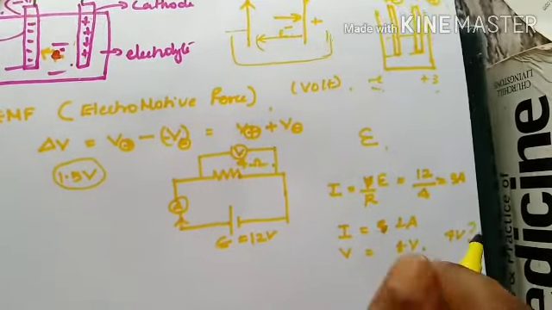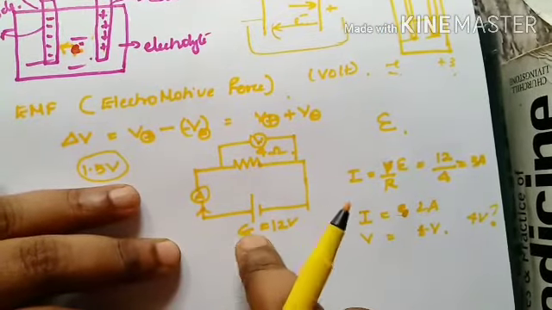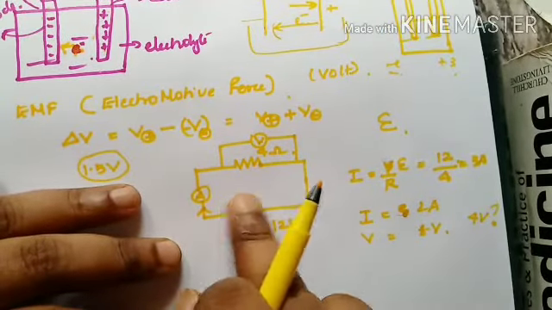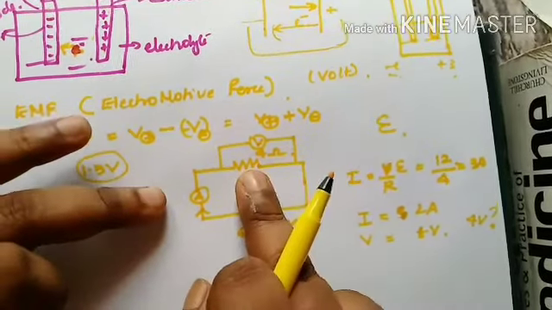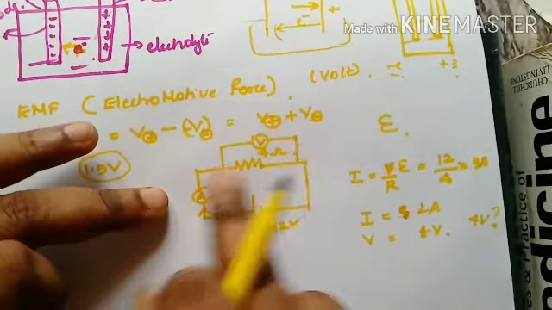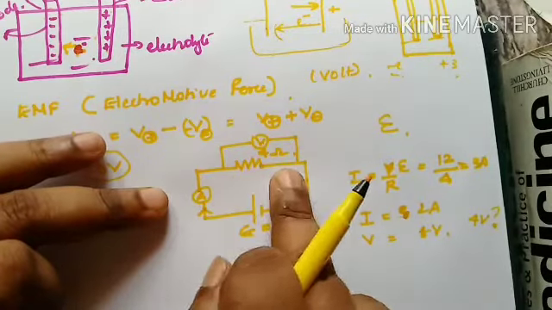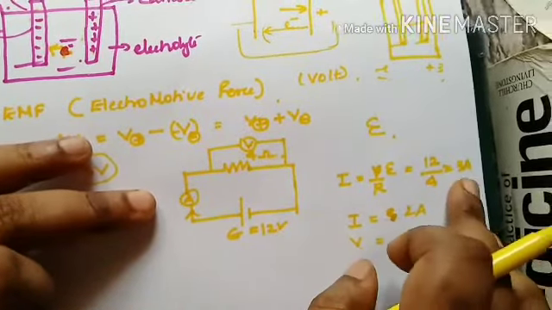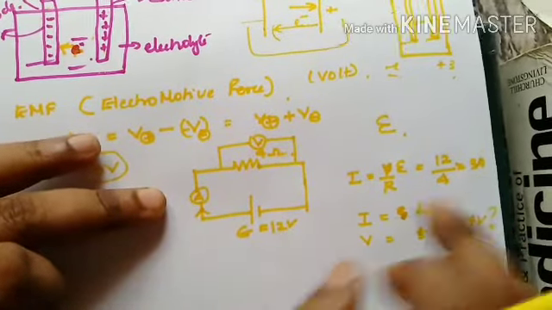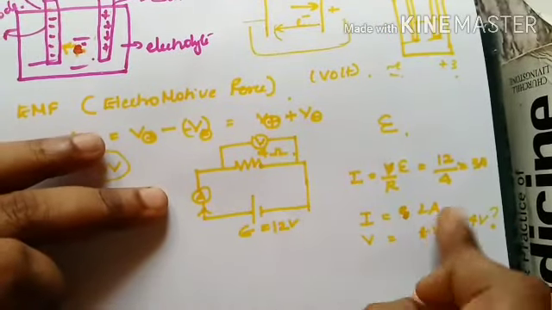I hope this much is clear. See what happened. We connected a circuit with a 12 volt supply. That means it was not connected first, so its EMF is 12 volt. Now to a resistance of 4 ohm, I connected a voltmeter and an ammeter like this, the voltmeter to find the voltage across this 4 ohm resistance and the ammeter to find the current through the entire circuit. Actually the current was supposed to be 3 ampere, but the ammeter suddenly showed only 2 ampere. That means there is a loss of 1 ampere.